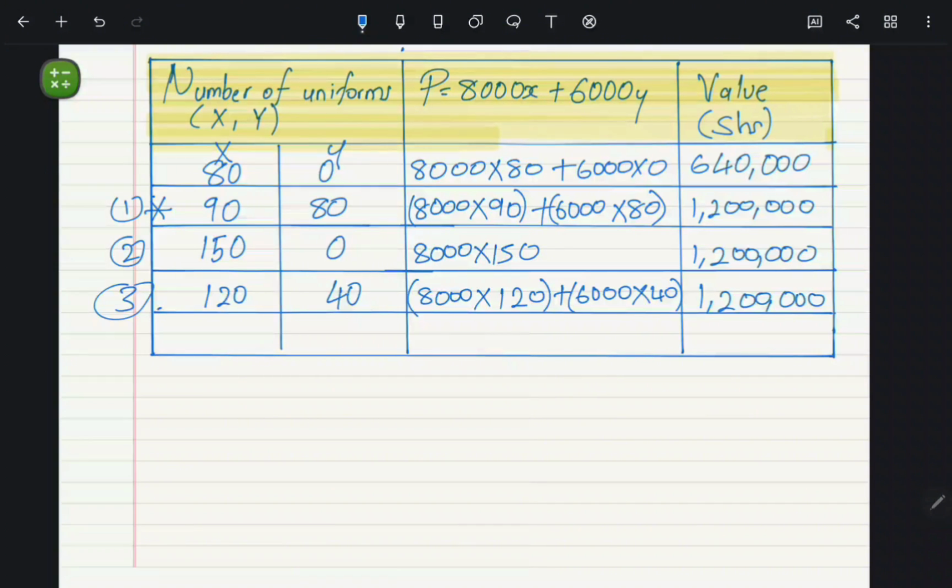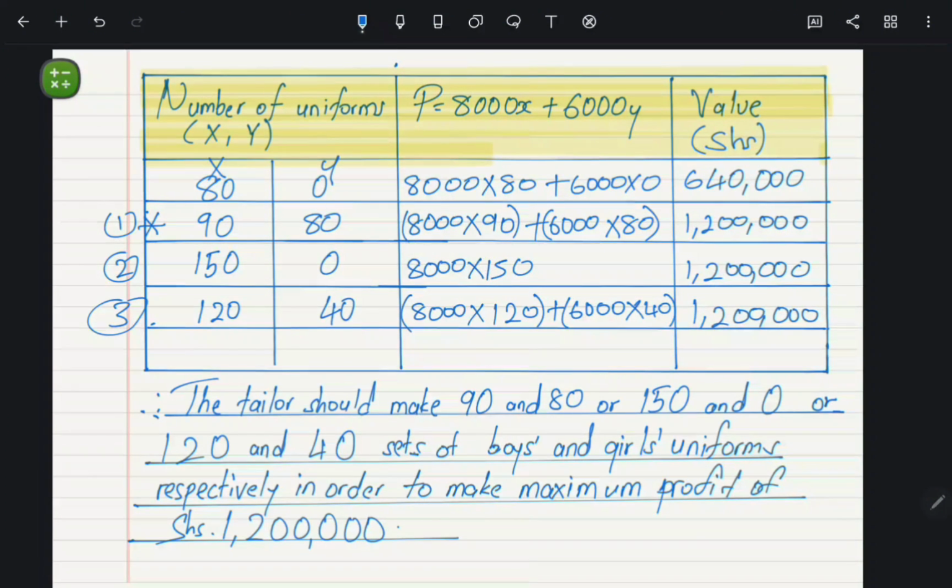We have to give our conclusions. I told you conclusions are very paramount in this curriculum. It is an application of your response to the item. So now let us give our conclusion. Therefore, the tailor should make 90 and 80, or 150 and 0, or 120 and 40 sets of boys and girls uniforms respectively, in order to make maximum profit